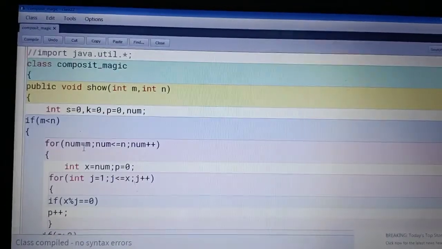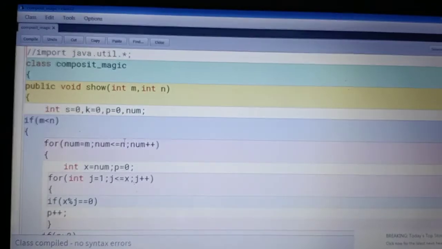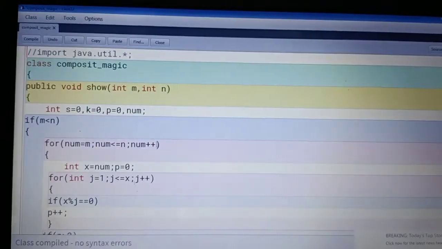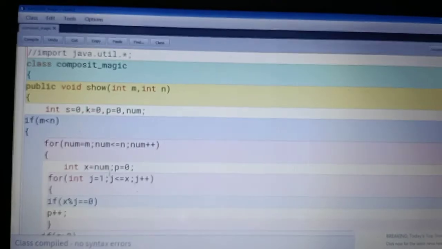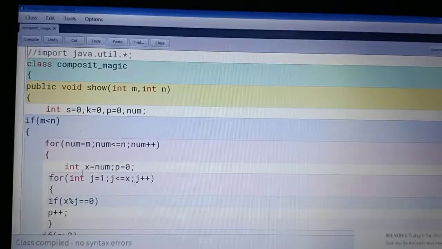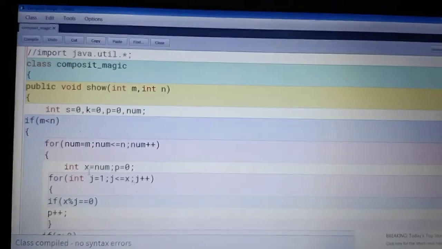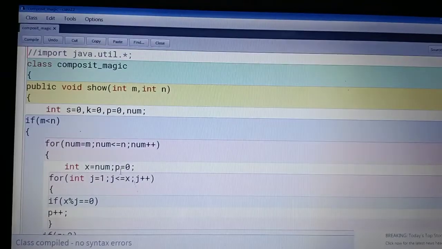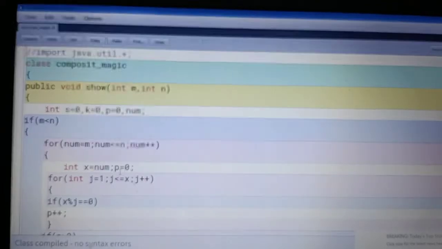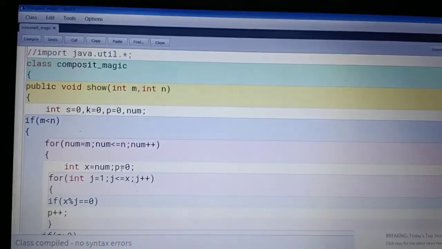I start the loop from the beginning to the end, with num plus plus. Here we copy the num value in x, because num is the loop variable, so I copy the original value in x. Then p is equal to 0. It's a count variable.